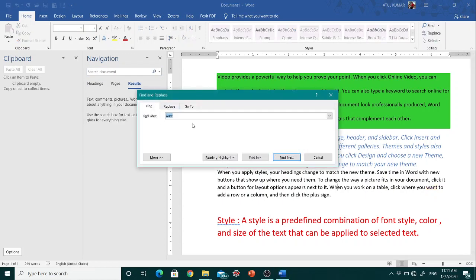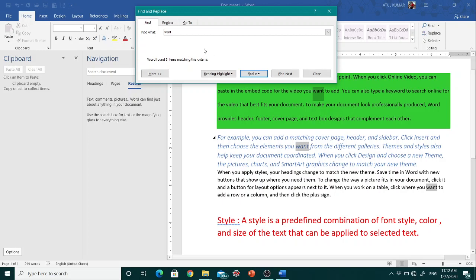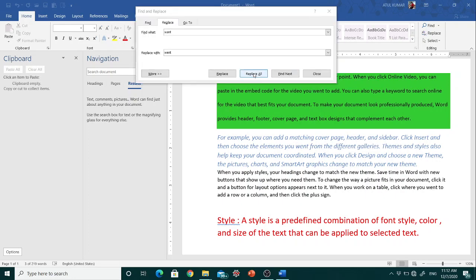In case of advanced find, we have different options, like where you want to find, in the main document you will find in. Also there is the option of replace, and if you want to replace a word with another word, suppose I want to replace want with went. So here there is the option of replace and replace all. I want to replace all want with went, so click on this replace all option, and a